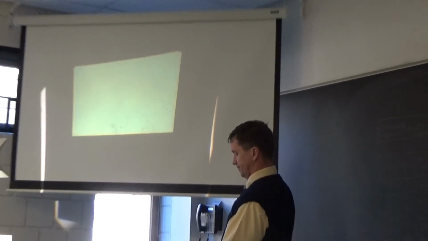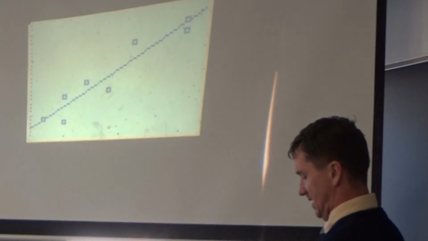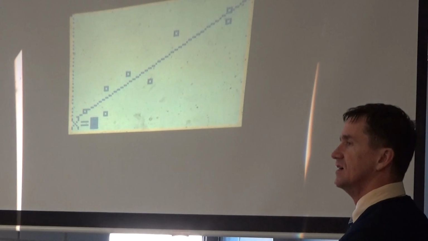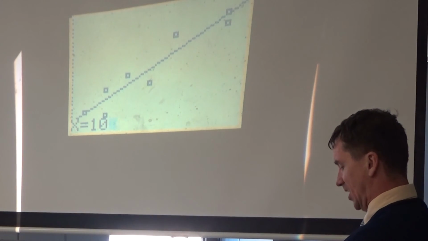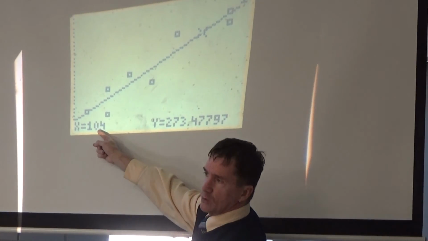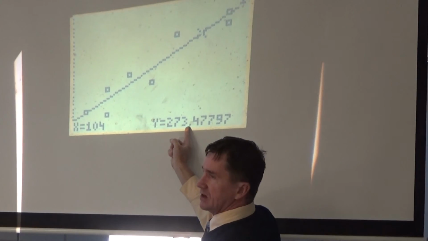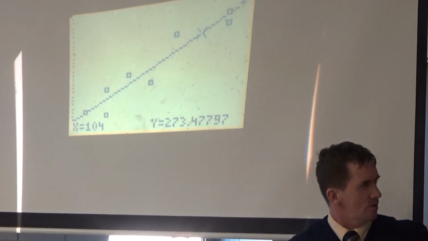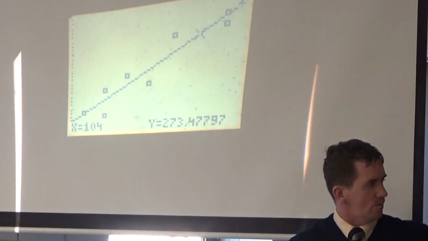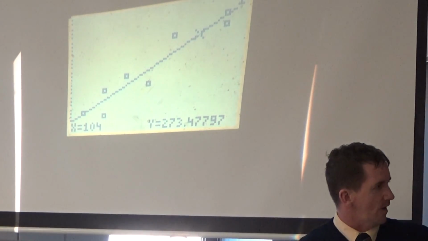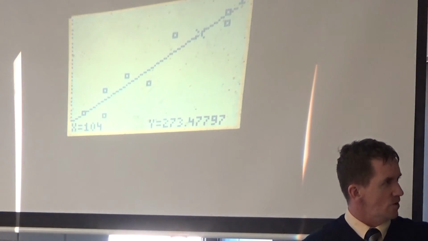I'll just clear that out. I'll hit graph so I can see it. And I'm going to go to second calc, and here's that value button. Could you show me the spot on this graph? It's going to be on the line at 104 miles per hour. And there it is. At x equals 104 miles per hour, the y value is about 273.47 yards. You're curious because, go right ahead. I just made a quick estimate between 103 and 105. Right there, yes. So she's noticing, look,